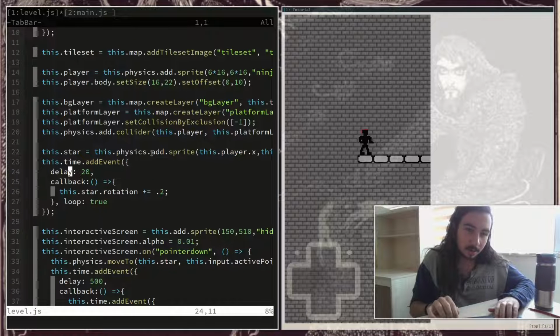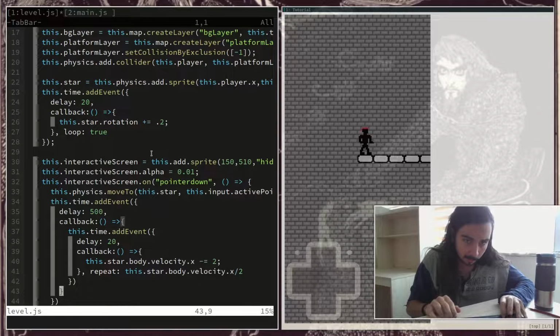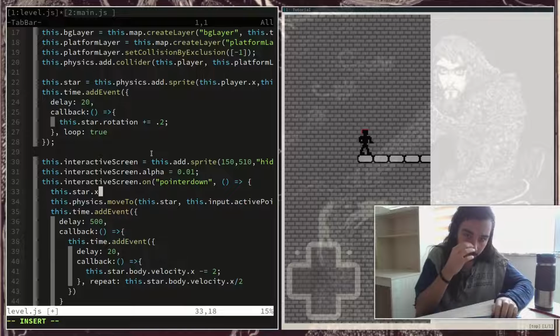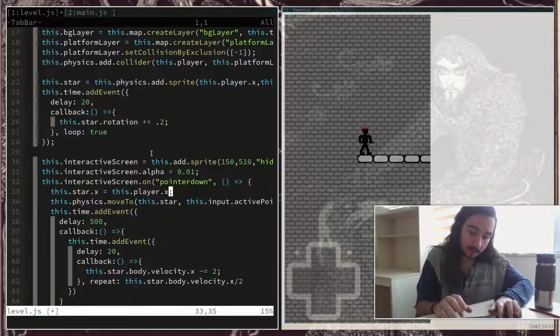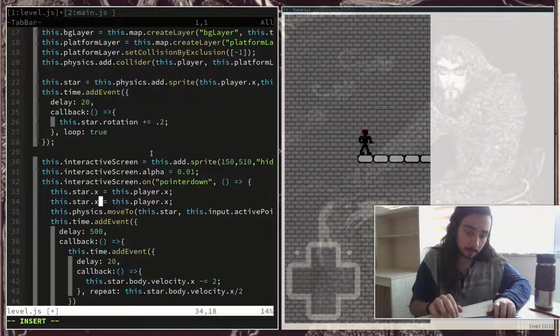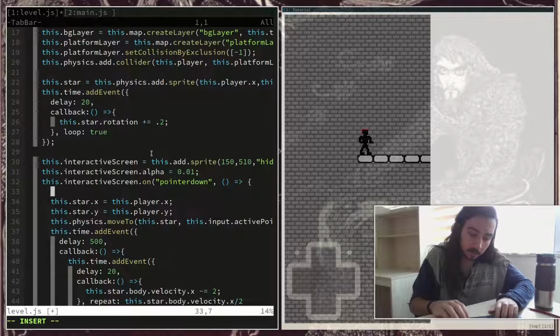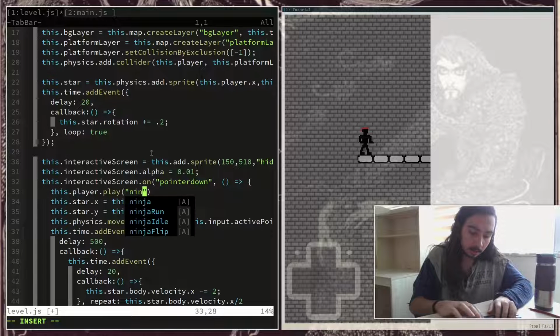So when we click on the interactive screen, let's make it first this.star.x equals this.player.x, same for the y value, and let's first make our character play ninja throw,